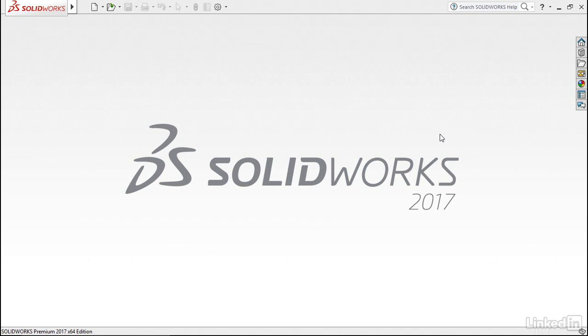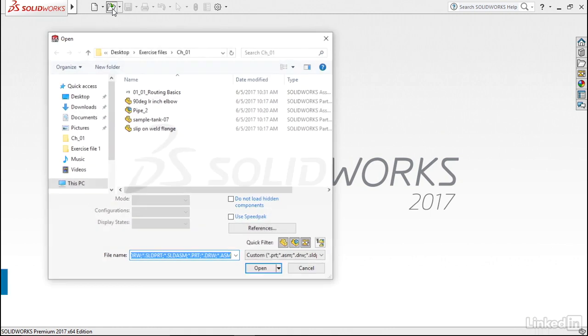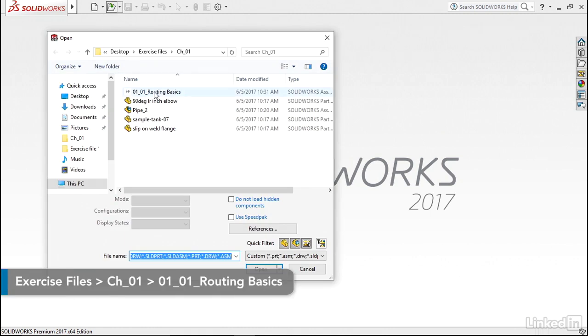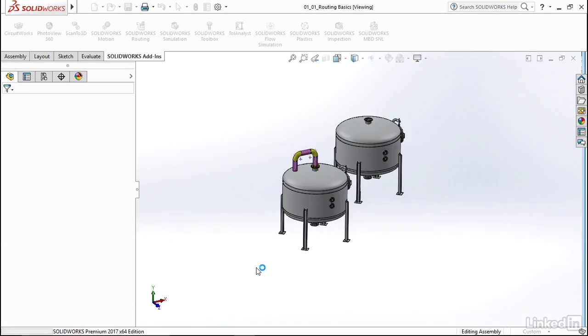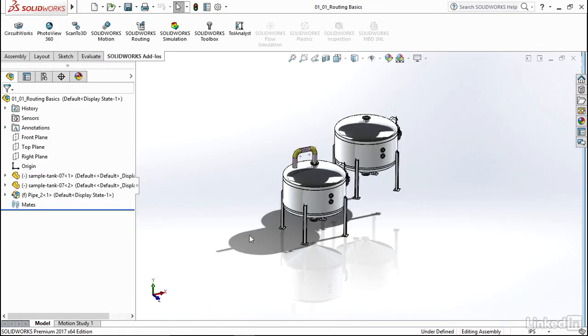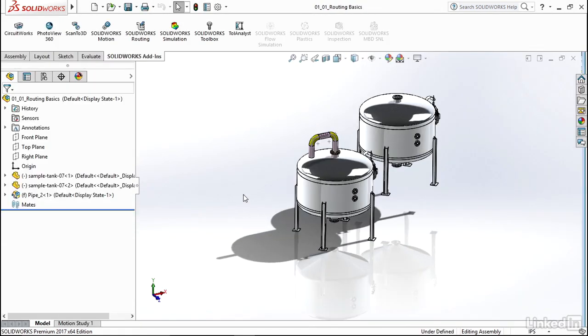We'll create a new assembly and work in it for our modeling. So let's go ahead and open that from our exercise files. We're going to click that file to start with and go ahead and open it. Now, after it loads, you'll see these two tanks and these pipes here, but we actually don't have SolidWorks routing